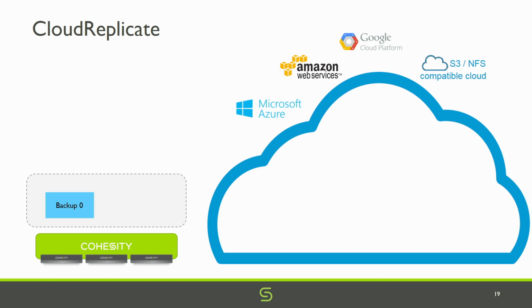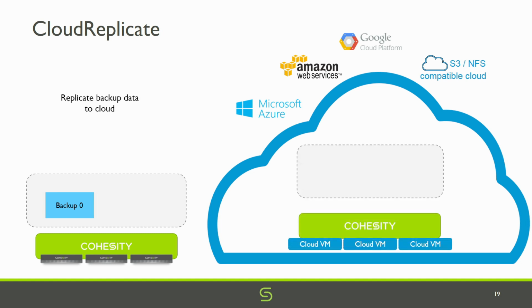And then the last one, and this is probably the most exciting, is what we call Cloud Replicate. In this case, we're actually deploying a Cohesity cluster in the public cloud. And this is already available today on Microsoft Azure. It's going to be available very soon on AWS. And we're looking at Google as a next step. So you go to the cloud application catalog, you select Cohesity, and we'll deploy a Cohesity cluster running on cloud